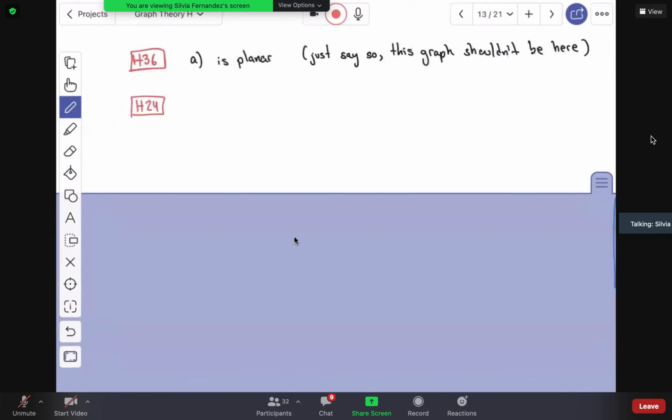But for now, H24, just draw the graph with no crossings. You can just do it in any way you want, trial and error. If it gets too hard, like for some of them, if I give you a graph like this,